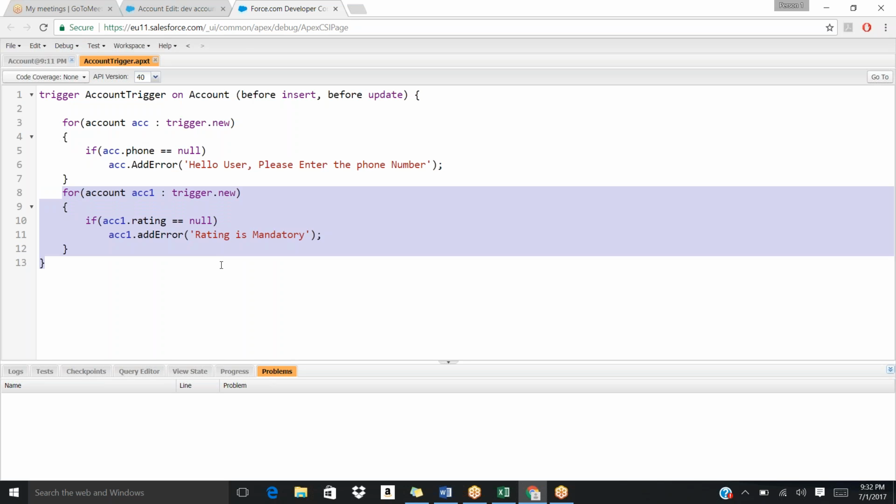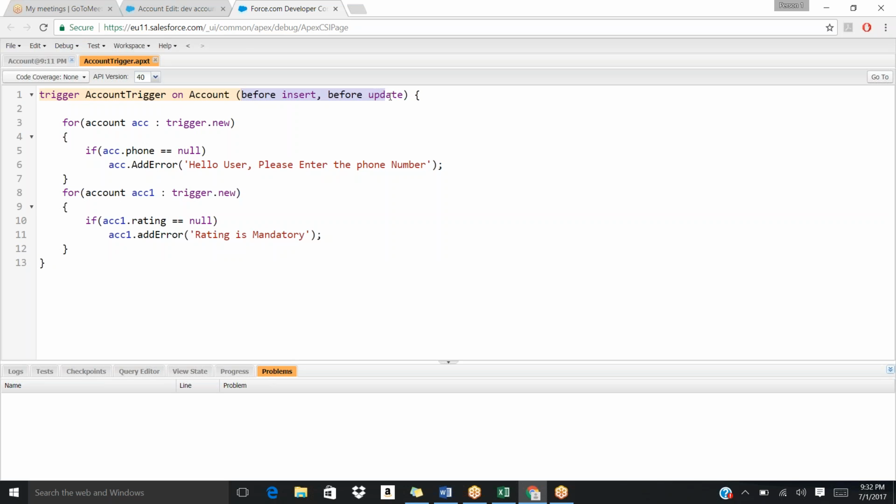I want to have some validations. I want to do some complex business logic before inserting records and do something else before updating. So I want to separate the context. If you define the events here, whatever you write inside will be performed before insert and before update. I don't want that. What I want is the first thing to be before insert and the last thing to be before update. In that case,